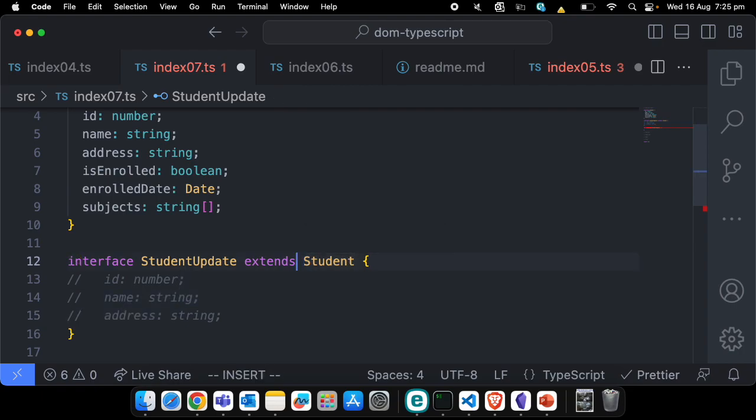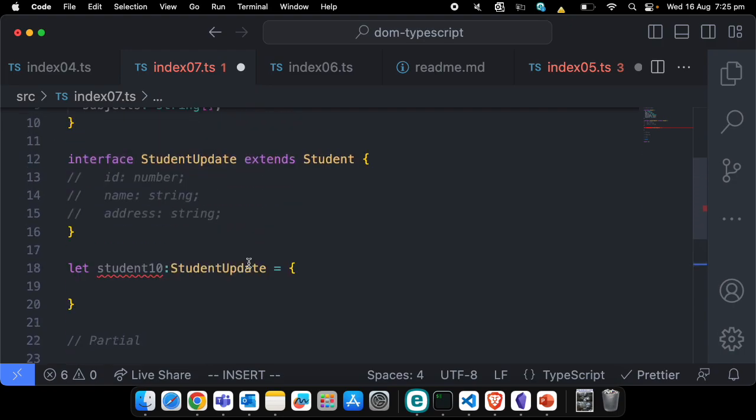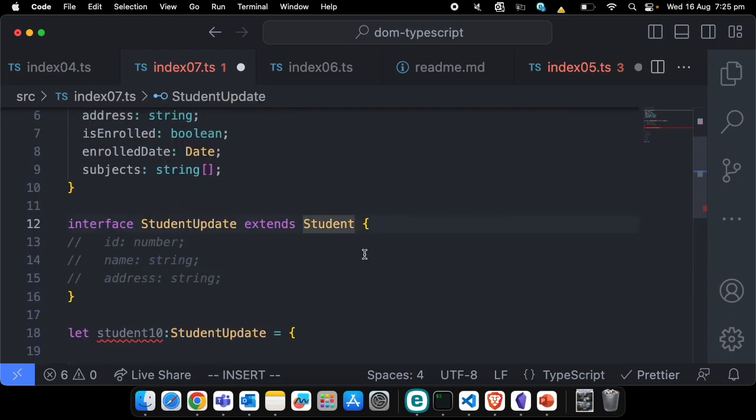So there's a thing called Pick. So what Pick basically does is I'll pass Pick here. Oops. And then